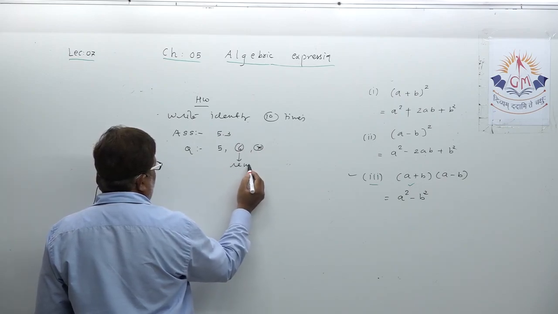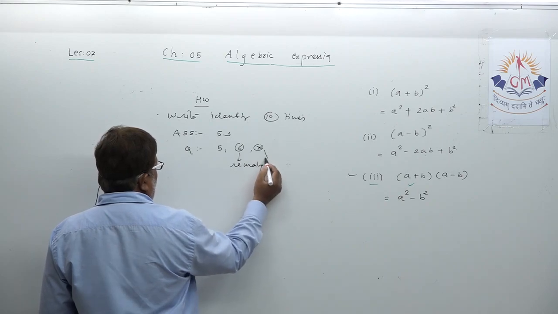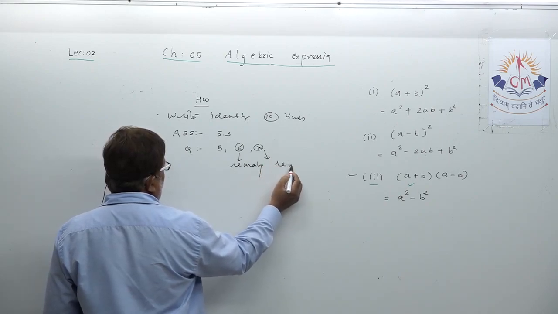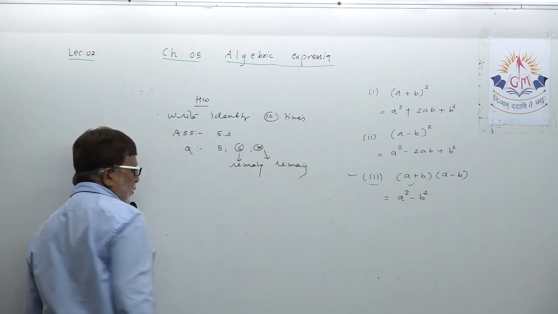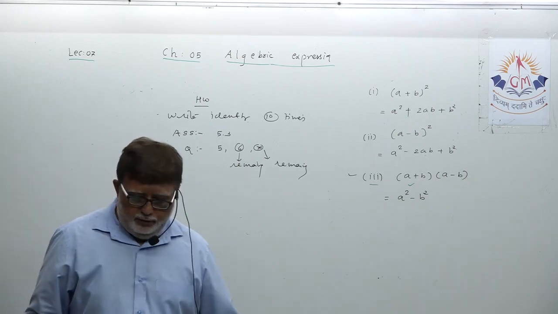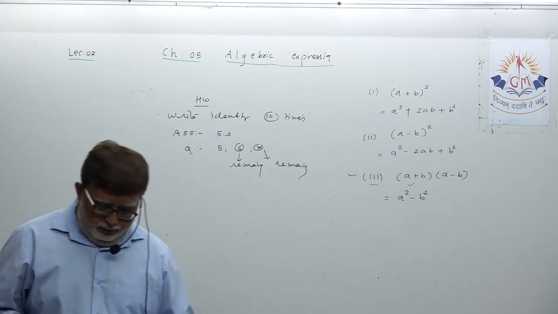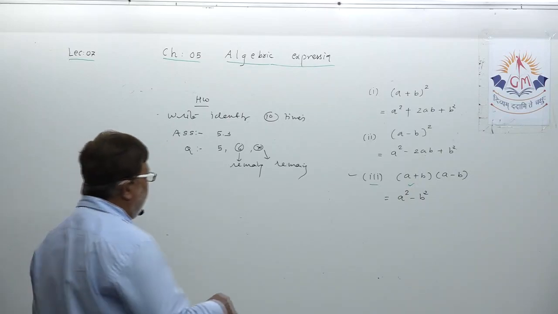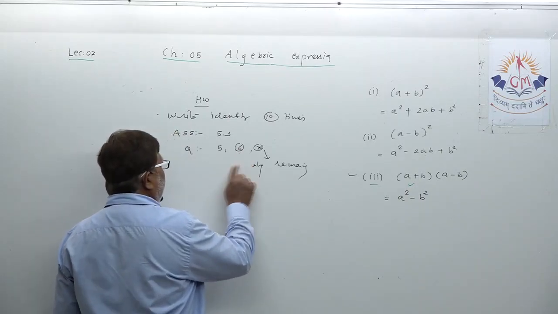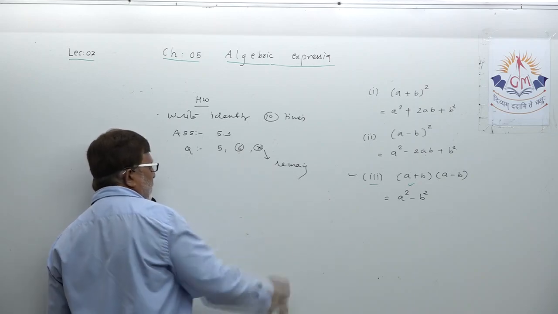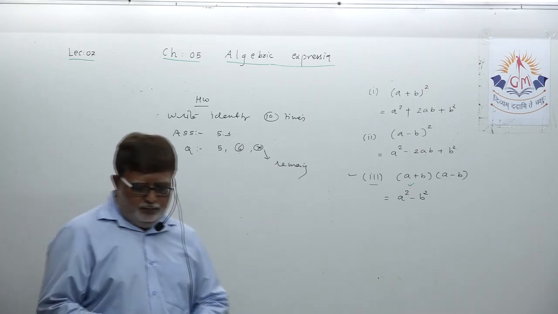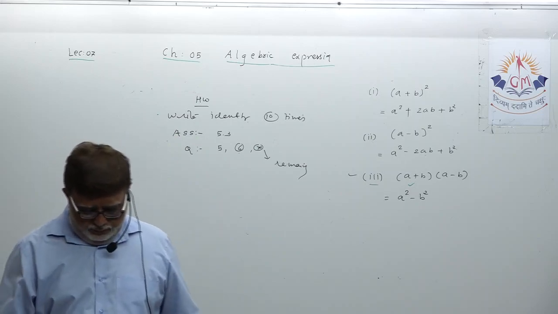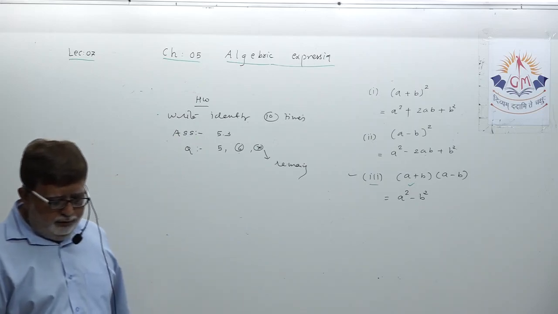You understood this? Remaining means some examples from this I have given in our previous lecture. Okay. So the rest of the examples you have to do. In 6 you have to do the complete example. But in 7 you will do the remaining examples. This is your homework, okay, for today's lecture.